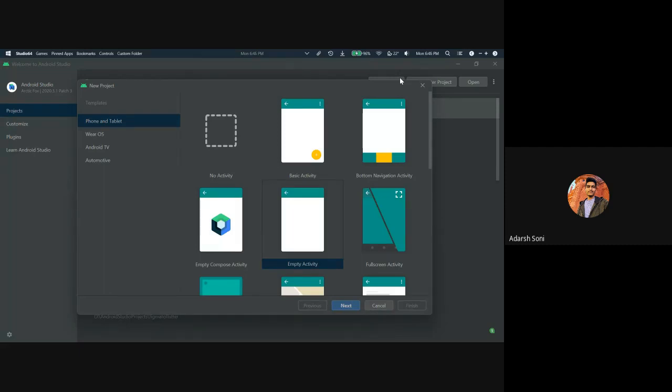It is a template provided by Android Studio to give you an idea of what you can do. These are templates for many different types of devices, such as phones, tablets, and watches, and different types of apps. At the top left of the window, click on Phone and Tablet, this one, and in the top row, click Empty Activity to select it as a template for your project. Click Next.